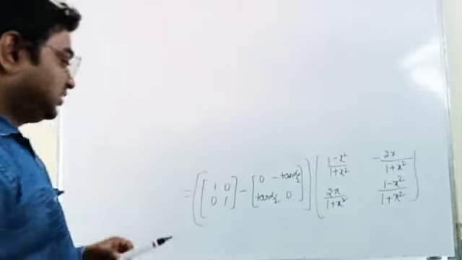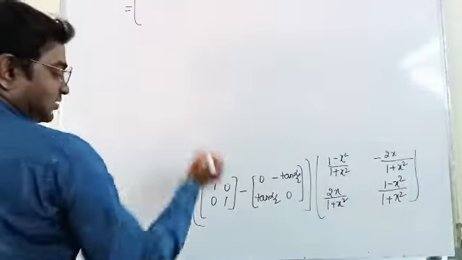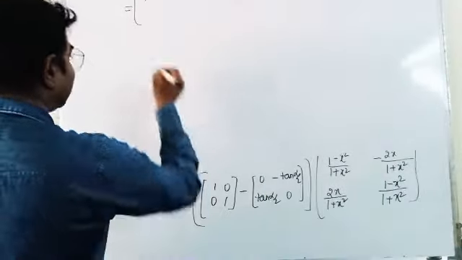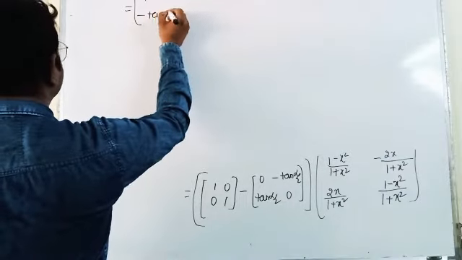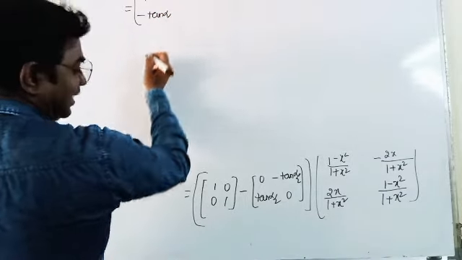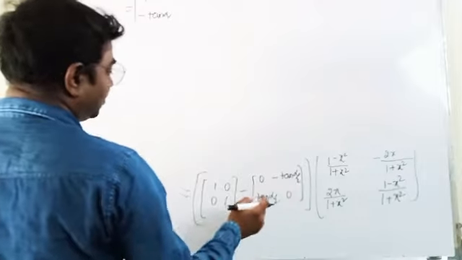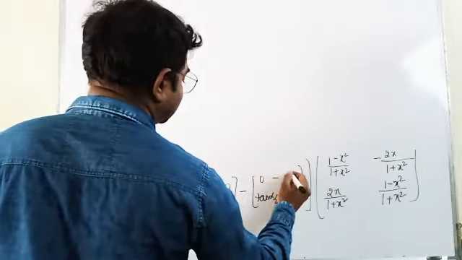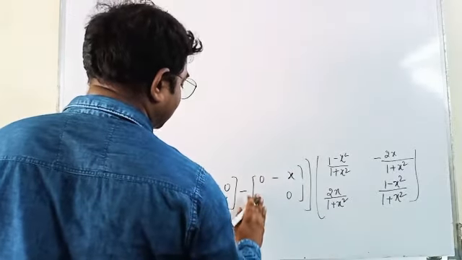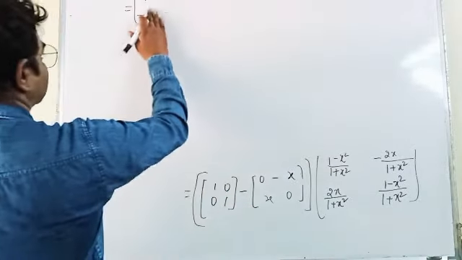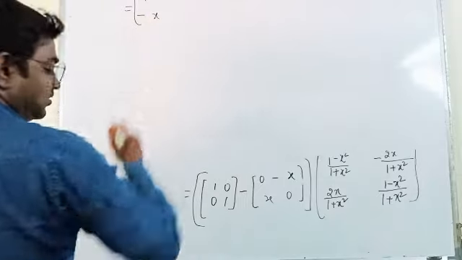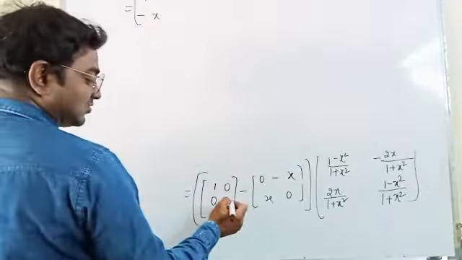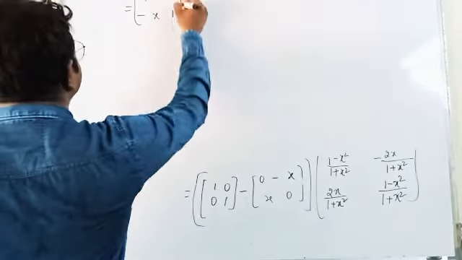So just we will write this. First, 1 minus 0 will be 1 only. 0 minus tan alpha by 2 becomes minus tan alpha by 2. This can also be written as x, so need not worry about it. You have to write this x only, so this will be very easy to understand. Good. So here this minus and minus become plus, and this 1 minus 0 becomes 1 only. This is one matrix.